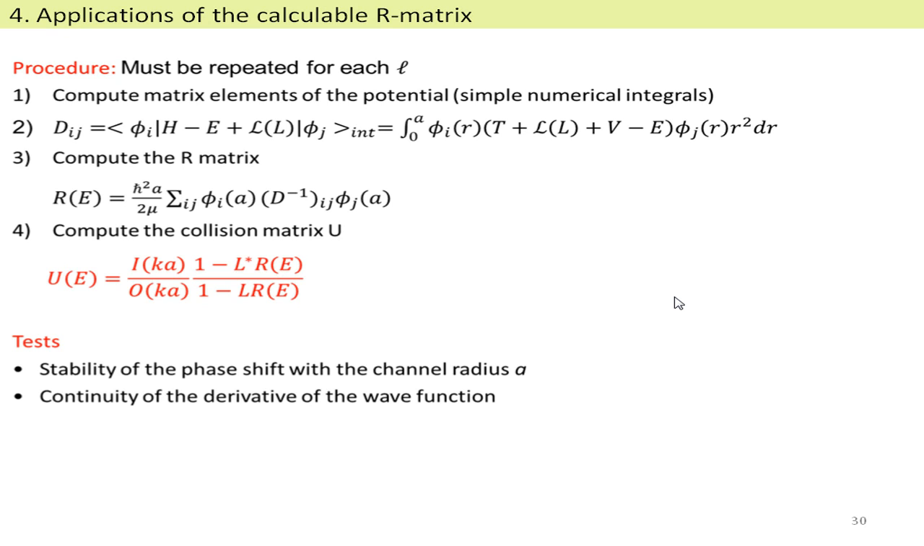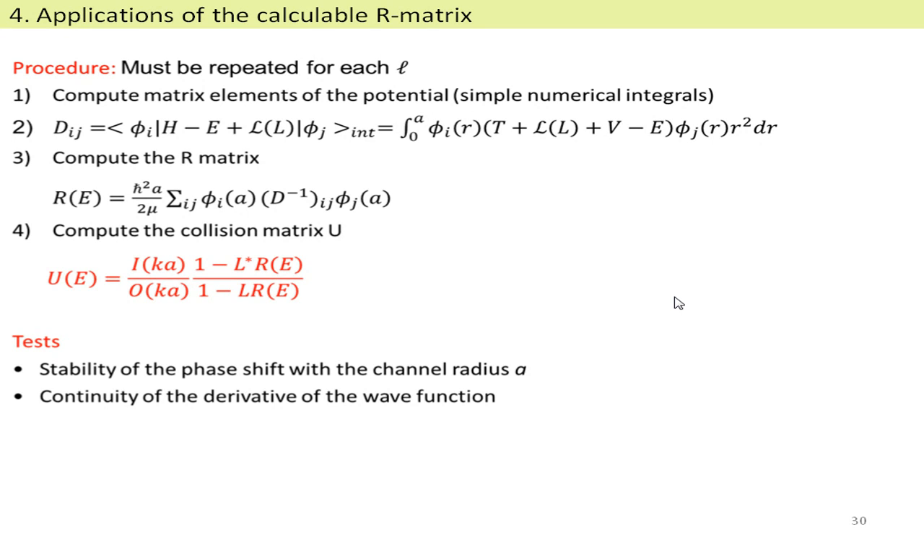So this is the procedure as I've shown before. The first thing is to compute this matrix D, and this is an integral from 0 to A of this element. It can be generalized to any model. I will show you a microscopic model. So the idea is to compute a matrix element in a limited space from 0 to A. And here we have a single dimension problem. So the coordinate is R. So we integrate here from 0 to A. So once we have this matrix D, we invert matrix D and we compute this R matrix and then the